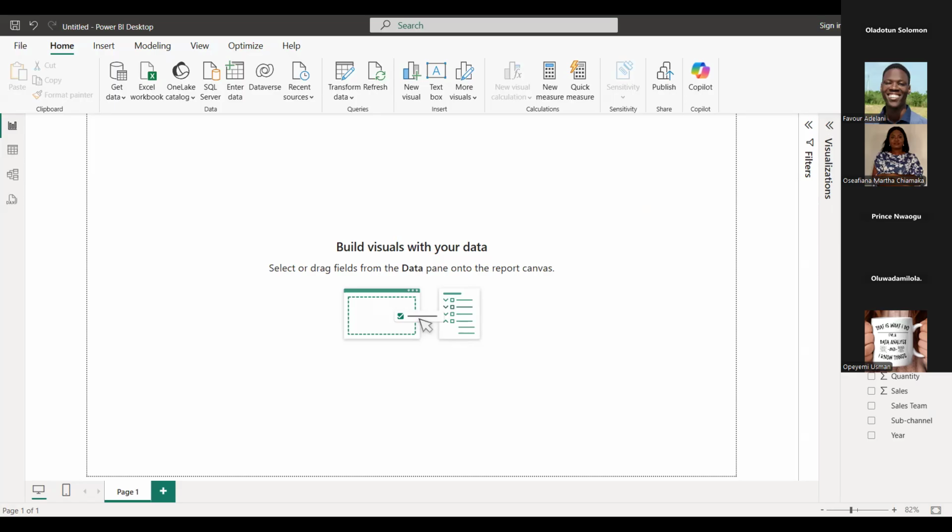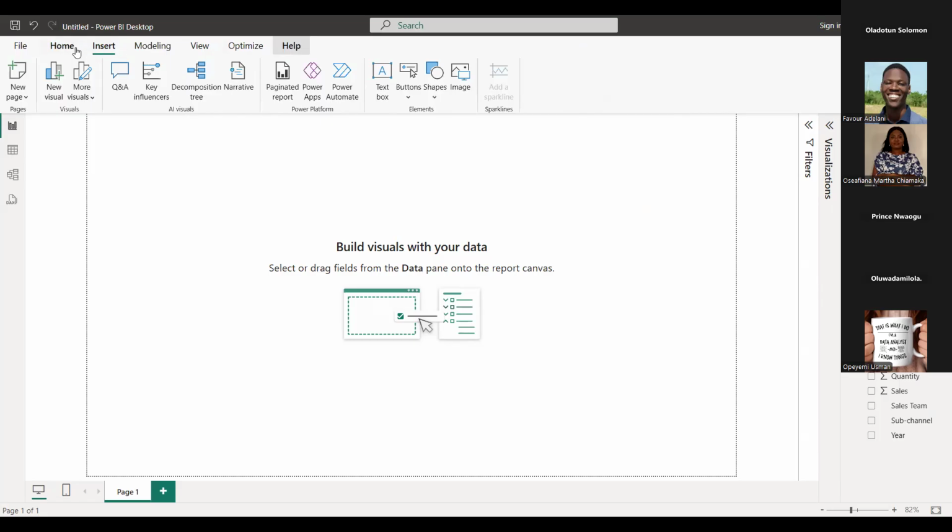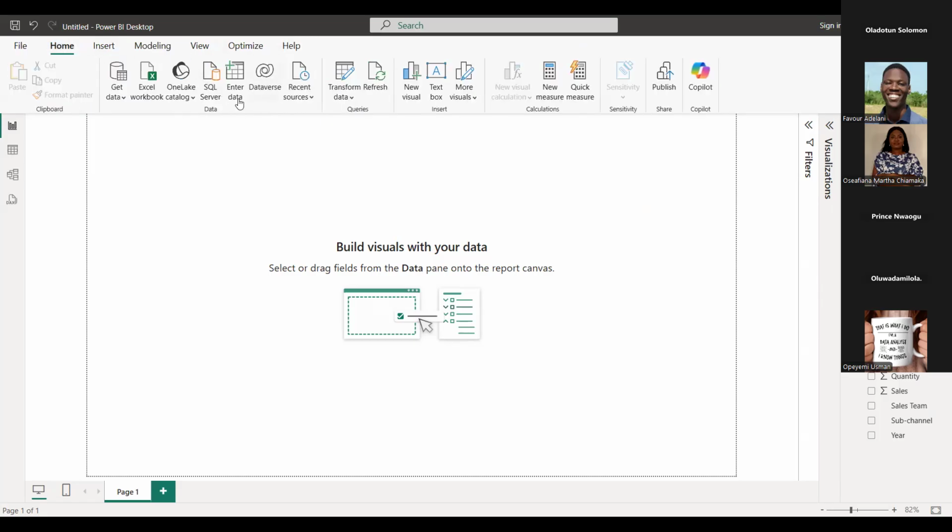That is to explain the data pane. As we continue in the course of the teaching, we are also going to be exploring other tabs. We already brought in data. If you want to go back to Power Query, all you have to do is click on Transform Data, and it will take you back to Power Query.